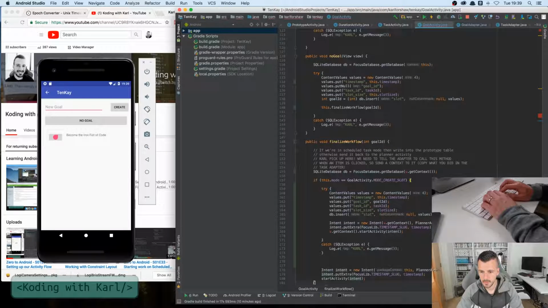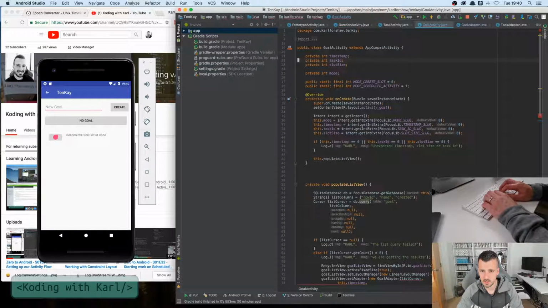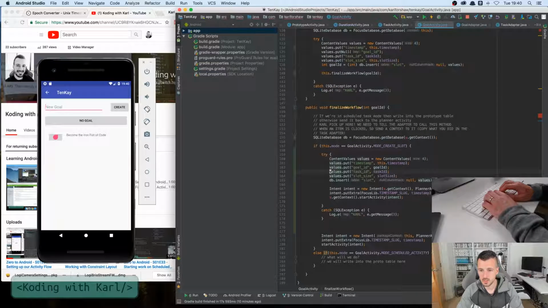This, that timestamp, goal ID we have because it's passed in. Task ID is going to come from the intent, or is it this .task ID? Let's have a look. Marker A, GG. Yeah, it's up here. Look, this .task ID and slot size is there as well. So we can do this .task ID. We can do this .slot size and insert into the slots, and then